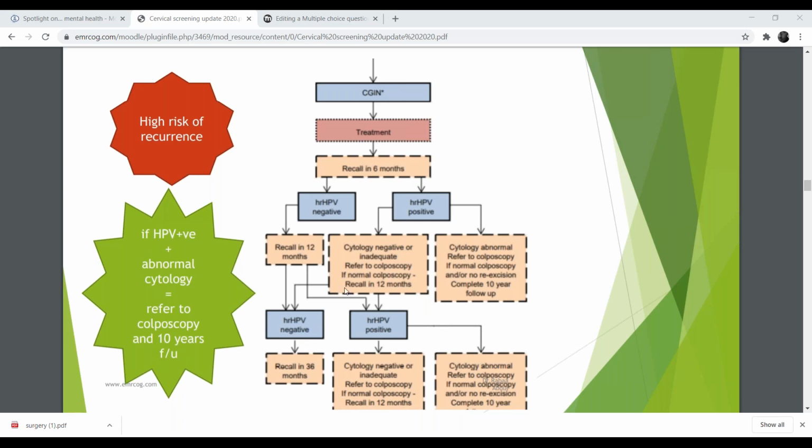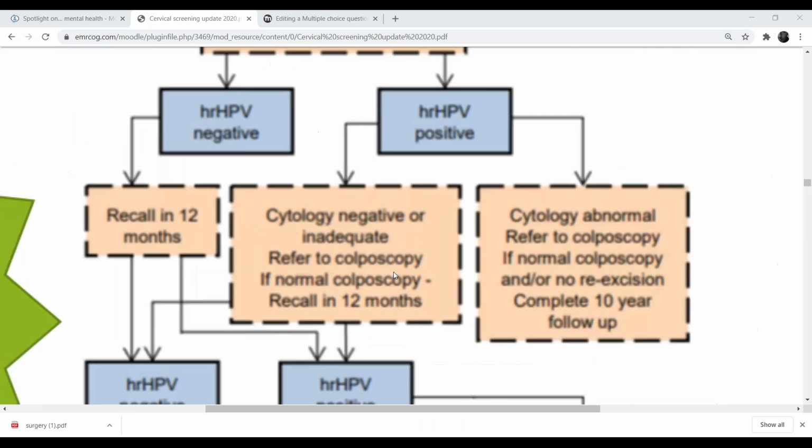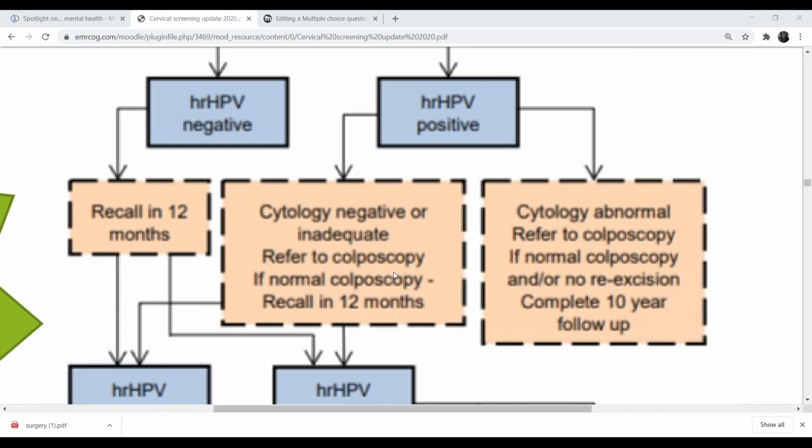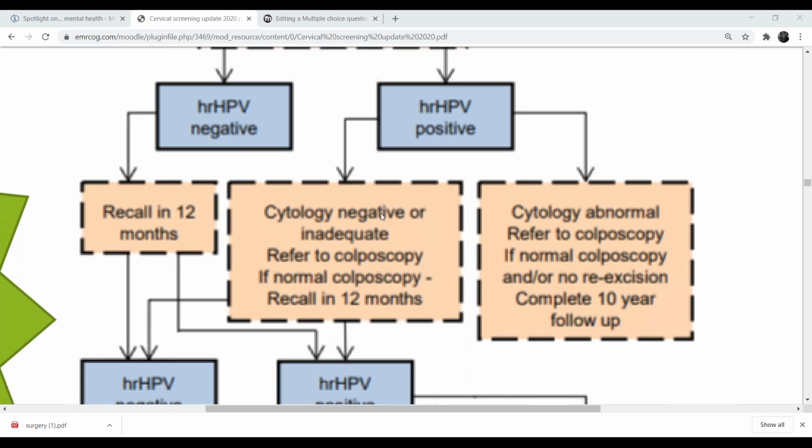Okay, so after normal colposcopy, it's recall in 12 months, and I'll try to make it bigger so you can see the box. What does the box say? Okay, so we are here. We are in this part, normal colposcopy. So recall in 12 months. Okay, so guys, this question specifically